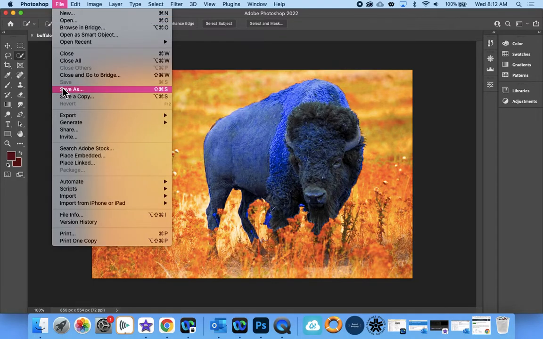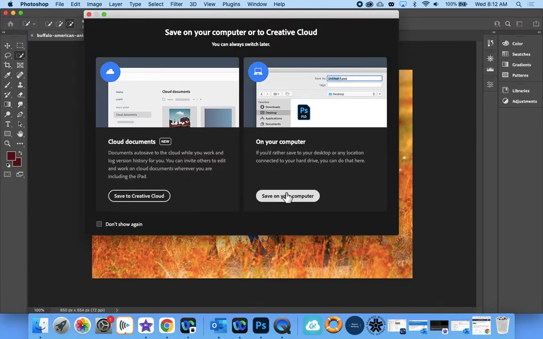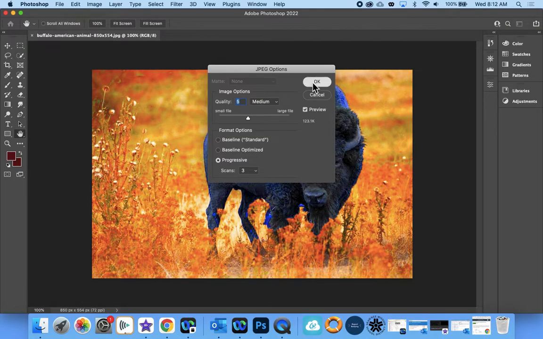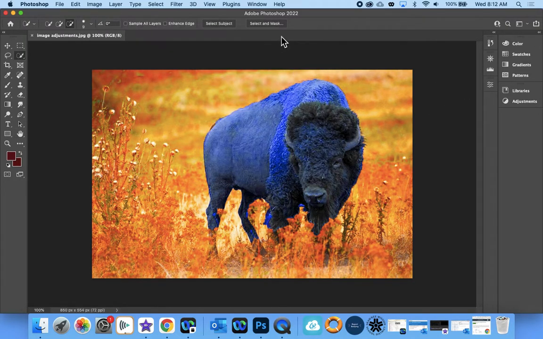Oh, okay, File, Save As. I'm going to call it Image Adjustments, so I know where to turn it in. Format JPEG, save. Okay, so now I'm done with that assignment. I know that seems like a lot, but we'll